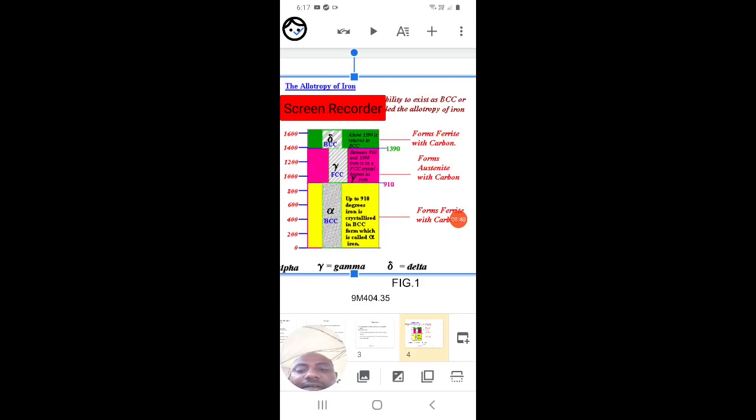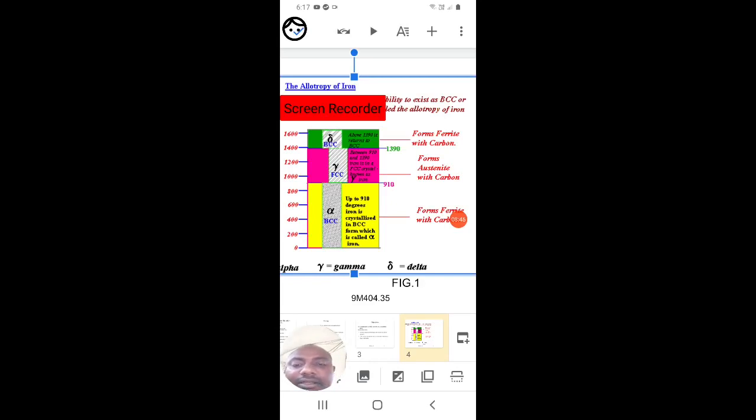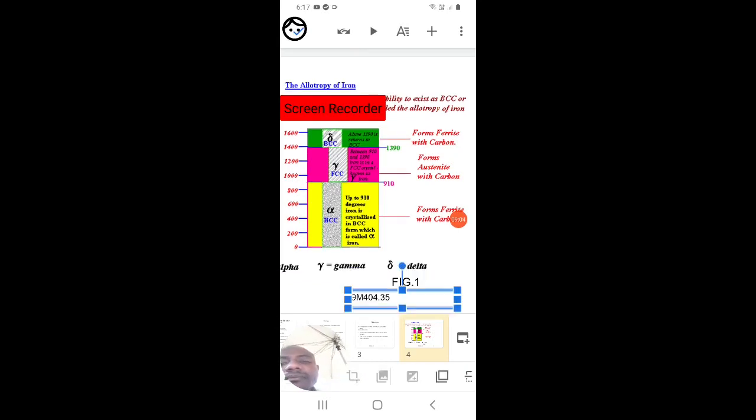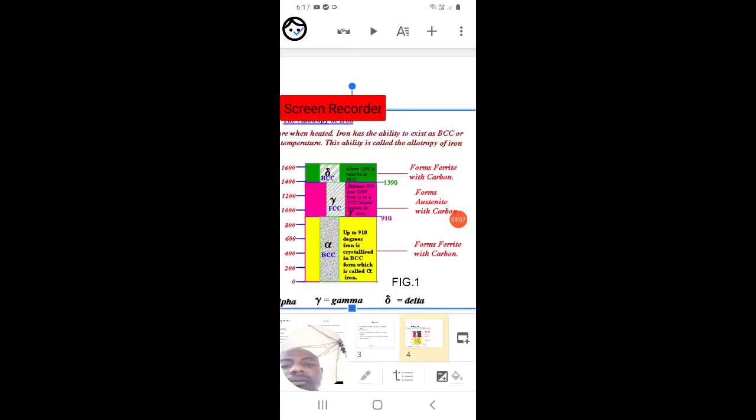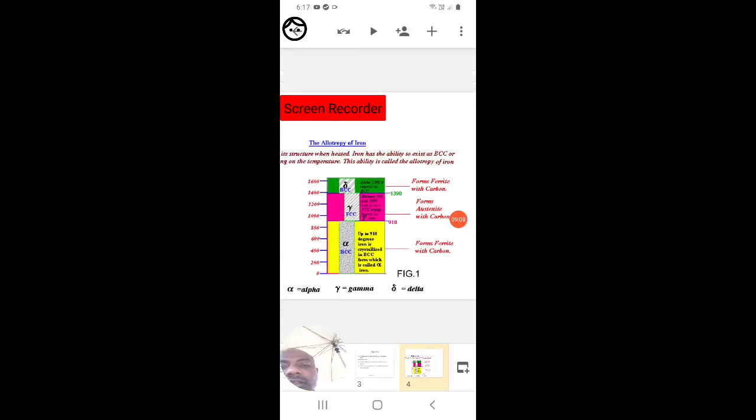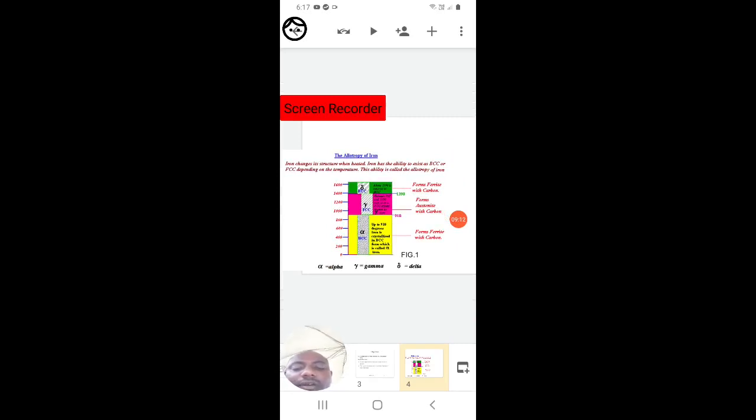And at 910 degrees, iron is crystallized BCC, which is called alpha iron. So it is ferrite, which also forms ferrite with carbon. So with these types of irons, you will see all these things. You will clearly construct the iron carbon equilibrium diagram, and in the diagram you will be able to understand it clearly. So next slide we will go for